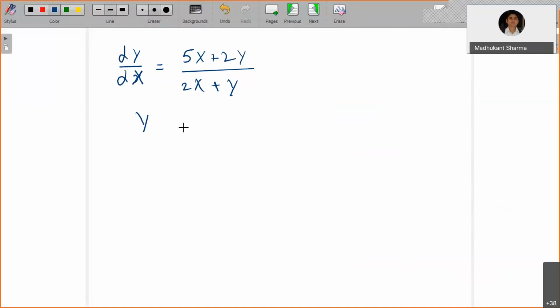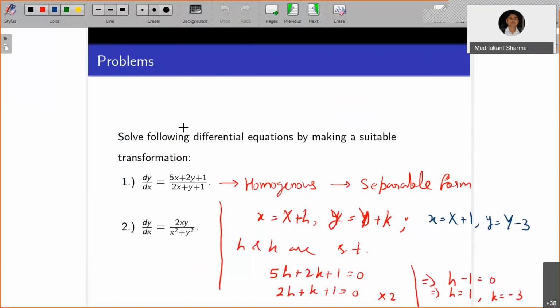No, we need to, right? We need to specify for what values of h and k this is getting 0. Okay, sir. See, this is an arbitrary transformation at present. You have to make it fixed for a particular problem. It will be different. How much x requires shifting or how much y variable requires shifting to make it homogeneous, that's required to find out.